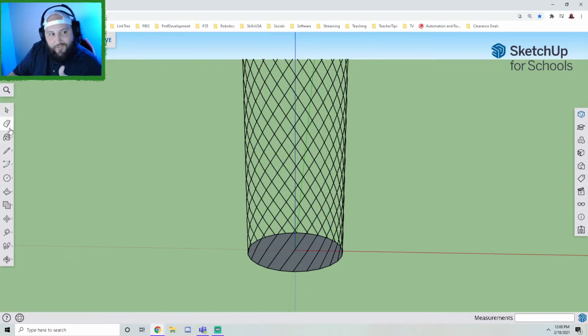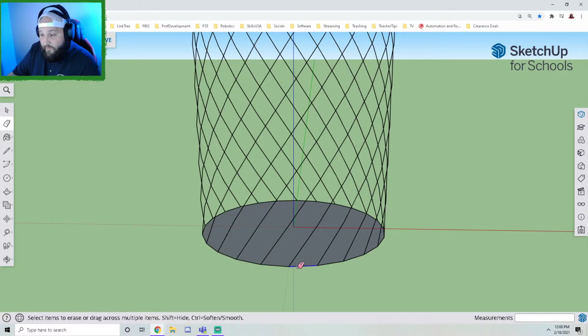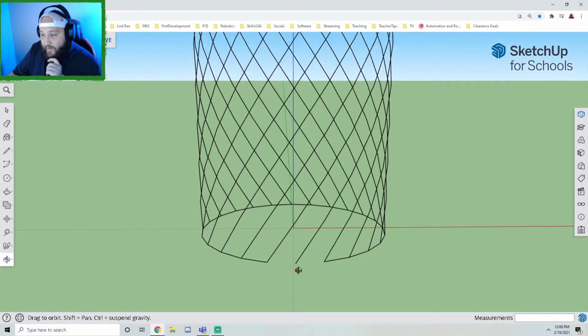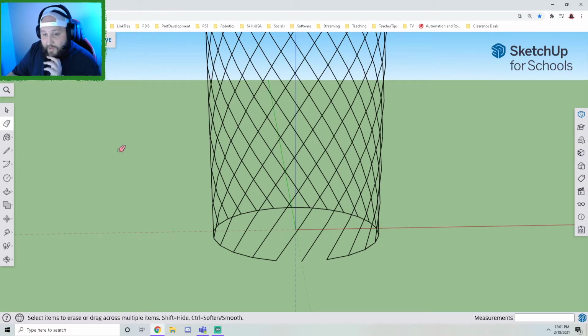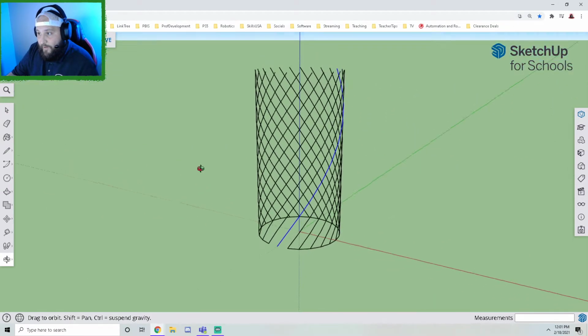So I'm going to grab my eraser tool, and I'm going to delete a line on each side of one of these. I'm actually going to do this one that's connected to the green axis here. So delete there and there. All right, so now I have a line that's by itself. So if I triple click this line, you can now see that that line is spiraling